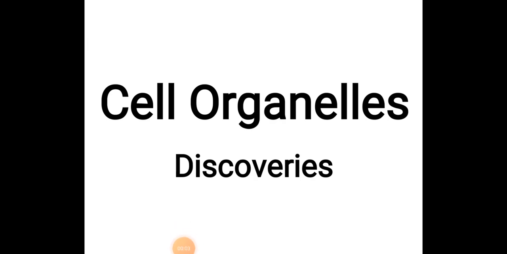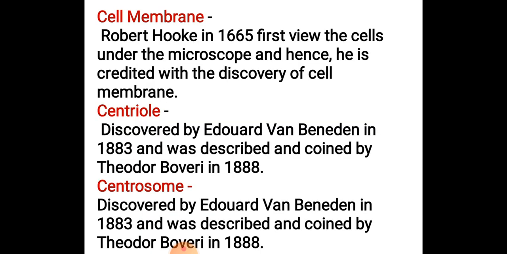Now students, in this lecture we will discuss the different cell structures which are found in the cell and the names of the scientists who discovered these structures. We have already studied the different structures, for example nucleus, cytoplasm, plasma membrane, of which a cell is made up, and we have also discussed the different cell organelles which are found in the cytoplasm. Now let's see the names of the scientists who discovered all these things.